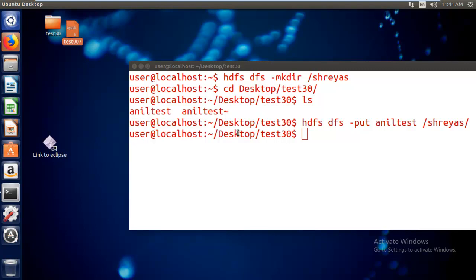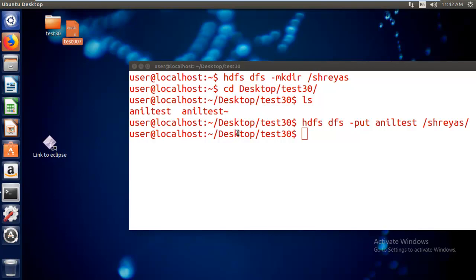Because whenever you want to process any data set for a particular problem statement, the data has to be there in the HDFS, not in the local file system. Got it? So for example, if you want to run a maximum and minimum temperature problem, or if you want to run any IoT sensor related data, or some word count problem, whatever the problem may be, first of all the data has to be there in the HDFS. So that's the reason we are copying the data from local file system to Hadoop.